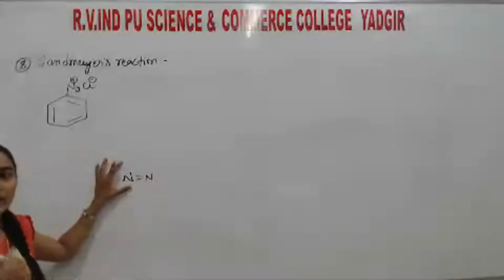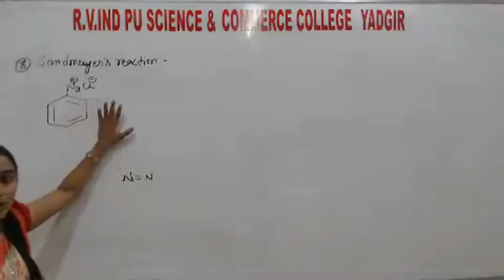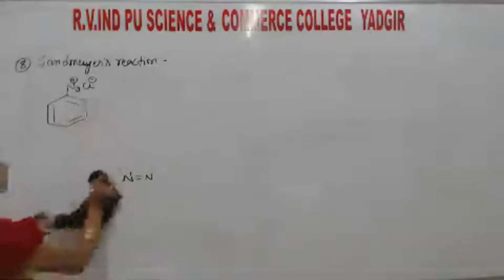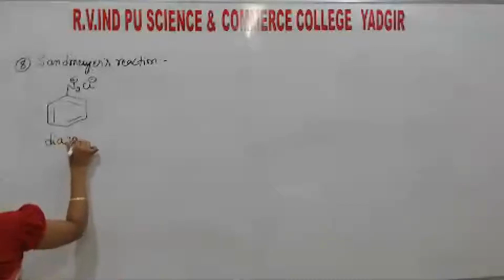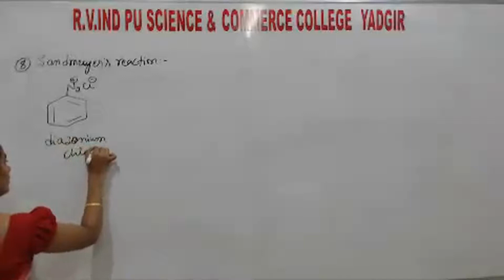If one N is there, that is azo. Two nitrogen atoms are there, diazo. Diazonium chloride especially. Okay. Diazonium chlorides, so they are made to react with